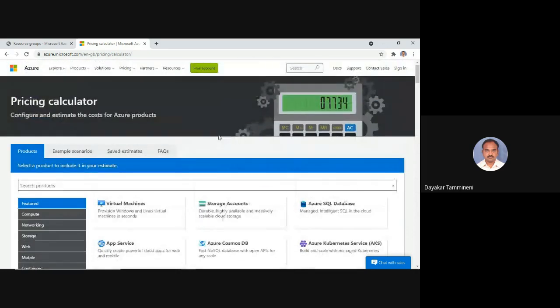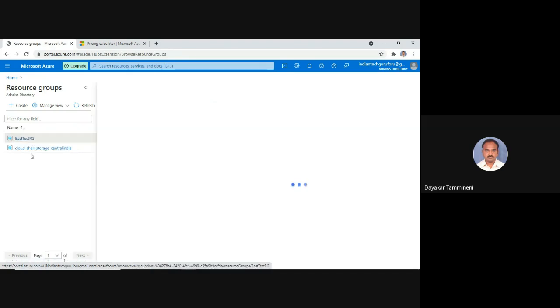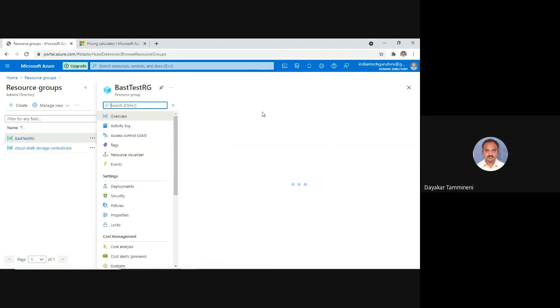So now that is about cost. In addition to checking the cost, we need to set the budget also. What is meant by budget is that we are having only a limited amount of budget. What is our budget? Only $200 has been given freely by Microsoft Azure. However, before going for the budget, I want to delete this particular resource group so that charges will not be incurred. How to delete the resource group? Just open that particular resource group and click on delete resource group.